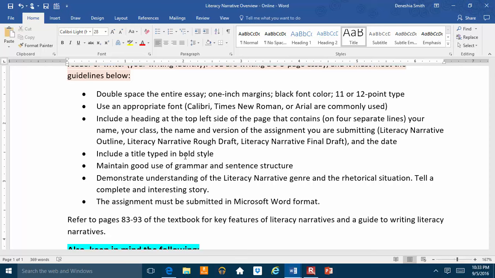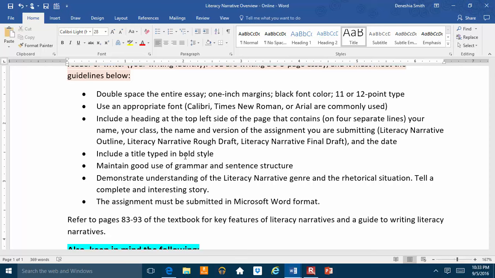something like that. That's commonly used. You don't want to use anything that looks playful or any kind of scripted font that looks too elaborate. You want something standard. Calibri, Times New Roman, and Arial, something along those lines will meet the need for that. You want to include a heading at the top left side of the page that contains,